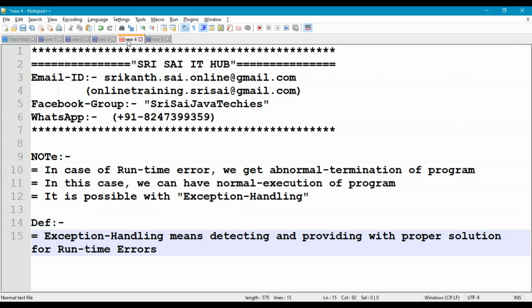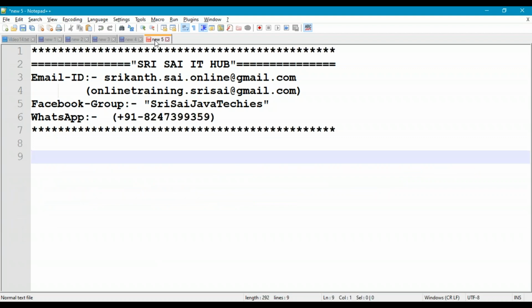So this is called as exception handling. So basically how to do exception handling.